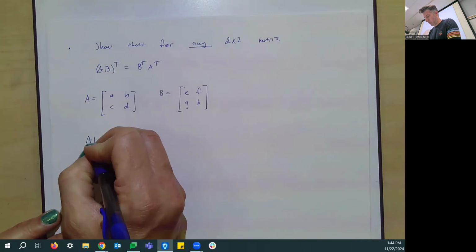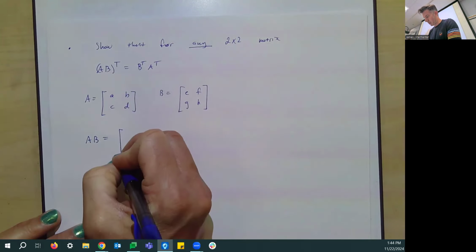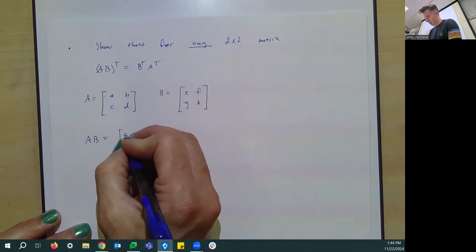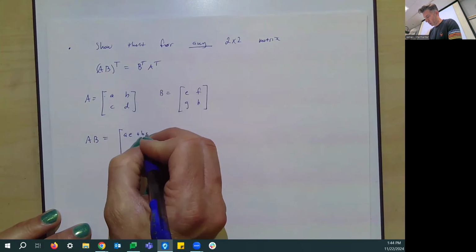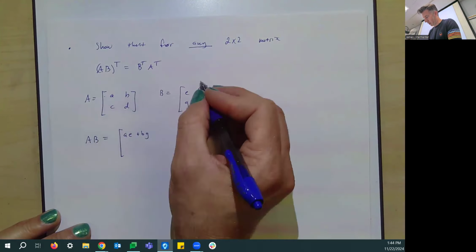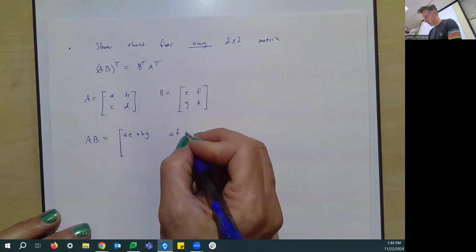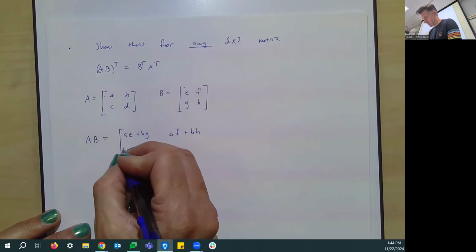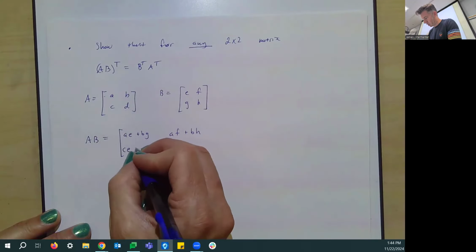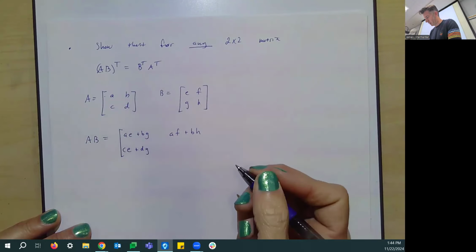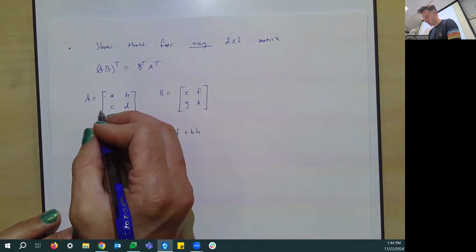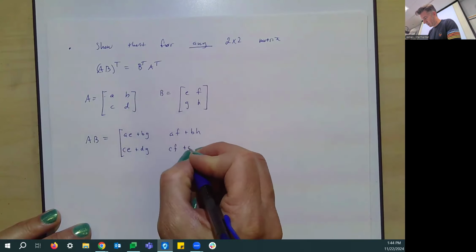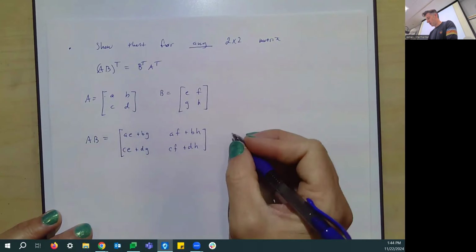So first, we're going to do A times B, and we're going to get, let's see. First row dotted with first column is going to be A times E plus B times G. First row, second column is A times F plus B times H. Second row, first column is C times E plus D times G. Make sure your letters look different. Last one is second row, second column, C times F plus D times H. And then we know that